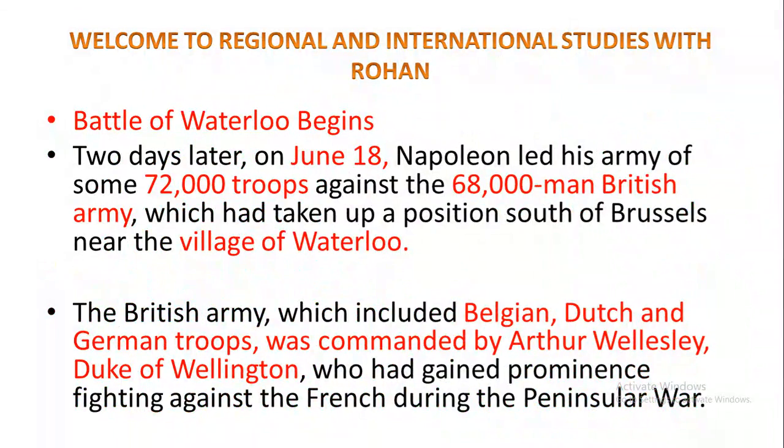Now the Battle of Waterloo begins. Two days later, on June 18th, Napoleon led his army of some 72,000 troops against the 68,000-man British army, which had taken up a position south of Brussels near the village of Waterloo. The Battle of Waterloo was a blow for Napoleon's army. The British army, which included Belgian, Dutch and German troops, was commanded by Arthur Wellesley, Duke of Wellington,